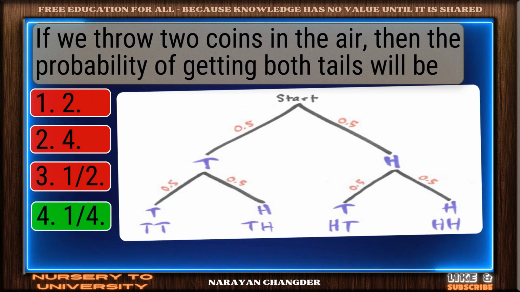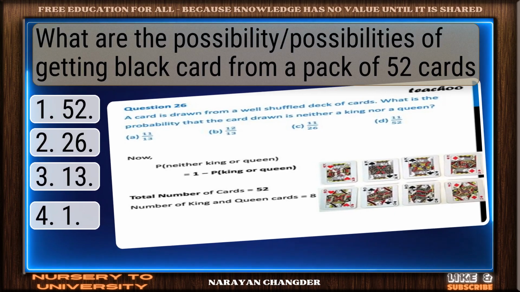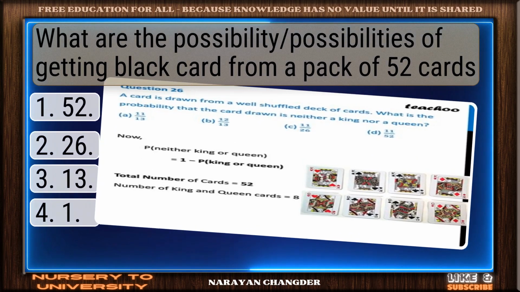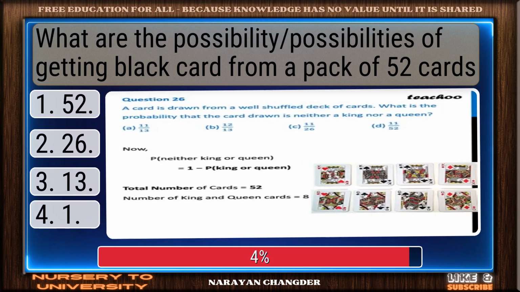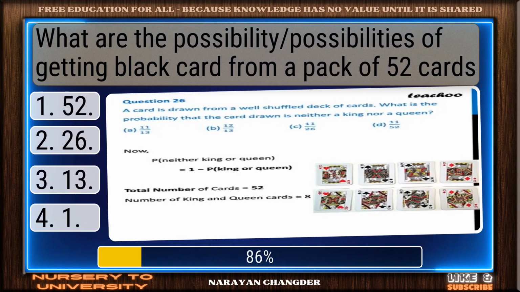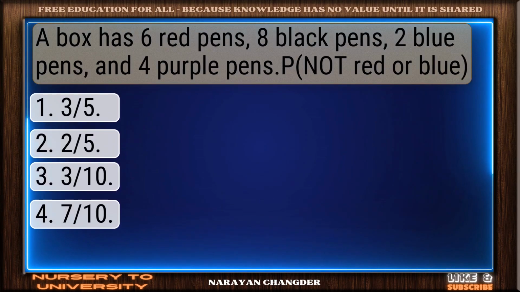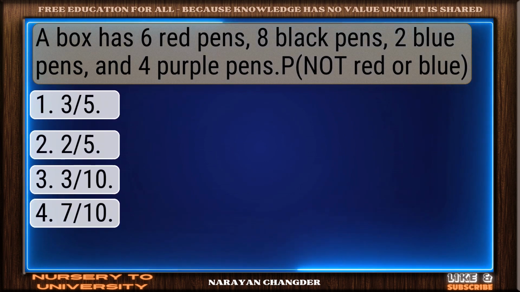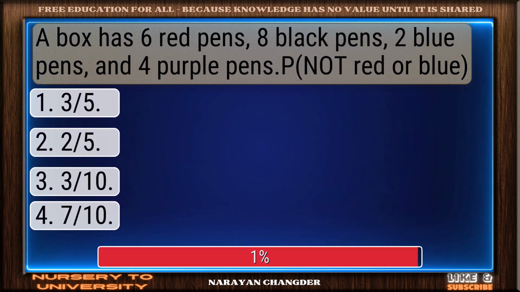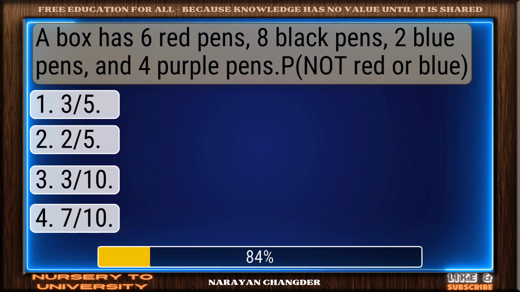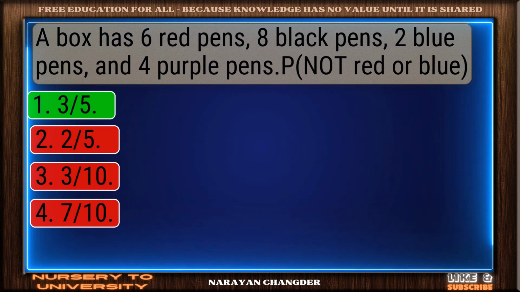1/4 is accurate. What are the possibilities of getting a black card from a pack of 52 cards? On track, 26 is correct. A box has 6 red pens, 8 black pens, 2 blue pens, and 4 purple pens. Clear logic, 3/5 is